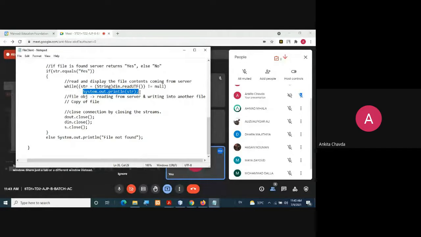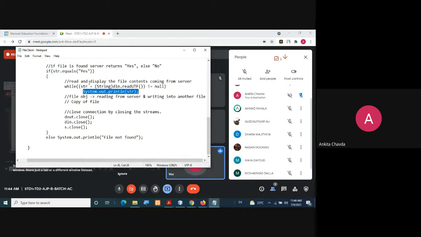But what is actually asked here is that you have to copy this content into another file, and you need to create one file at the client side. Already in core Java, we have learned how to create a file. It is nothing but just a simple program of copying from one file. From the server side you are reading the data, and to another file you are just copying that data.